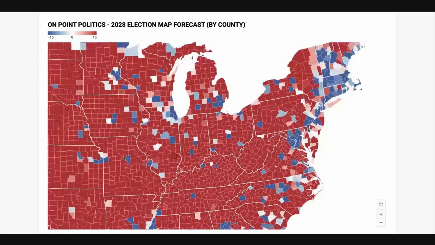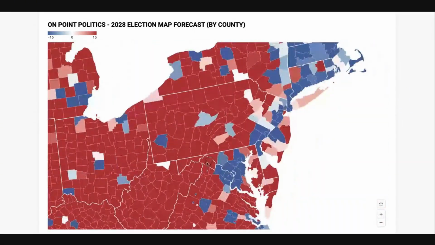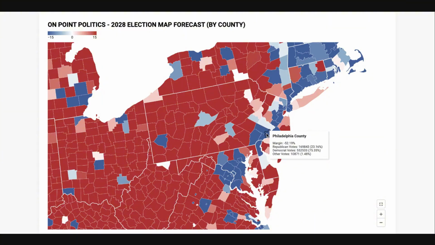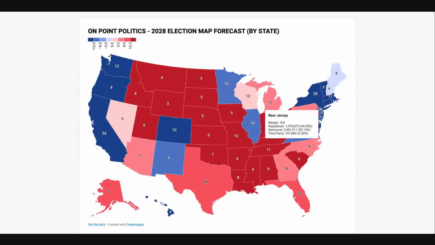And then in Pennsylvania, yes, you do see Bucks County shifts back left a little bit. Some of these suburban areas shift left, but Northampton stays and Lackawanna actually flips Republican, and Erie County gets more Republican, and Philadelphia ends up shifting about 6 points Republican, which produces about a 4.5 percentage point margin for the state of Pennsylvania. And both candidates get more votes, by the way. So it's an even higher turnout election than last time. And Vance wins the state quite easily.